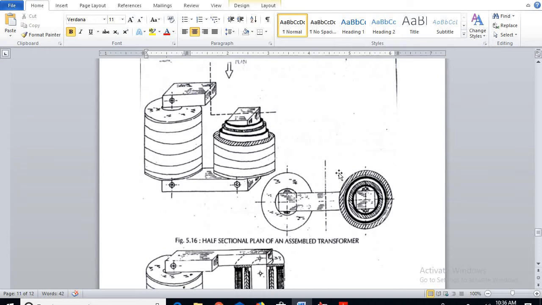Okay. So now to draw this as the plan, how will it be looking? Here this is the cut sectional view, and I can see all the windings. I can see the square core, and next, from the top, the bolt and nut which have been fixed here. At the middle, the bolt and nut is connected at the back as well as the front. Next, I can see the insulation, so next to the core there is an insulation. Next, the LV winding. Next, in dark color, I can see the HV insulation. Next, HV winding. So this is the plan for the right half sectional cut view.